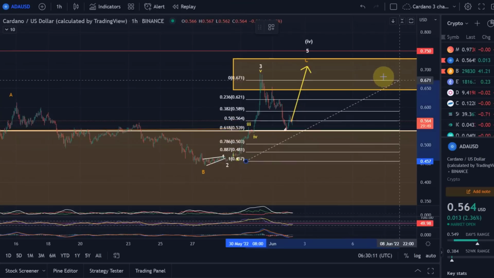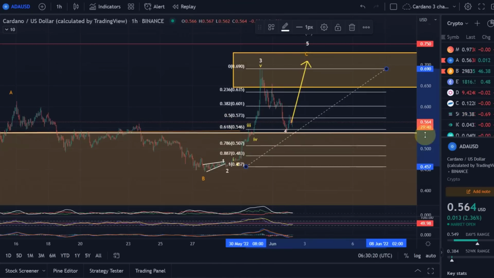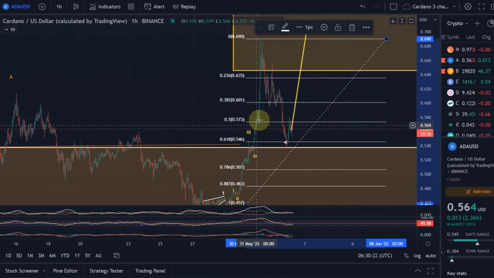And if we take a look at the Fibonacci retracement levels, I told you that below the 61.8% Fib level, it gets quite unlikely that it still is a wave 4. To be honest, already below the 50% I mentioned, it gets less likely, because if you drop below the 50% Fib retracement in a wave 4, it just gets more likely it is not a wave 4 anymore. And then I said, okay, the 61.8 still a possibility, but we had the 61.8 here at 54.6 cents. We came down to 53.6, so we dropped below that